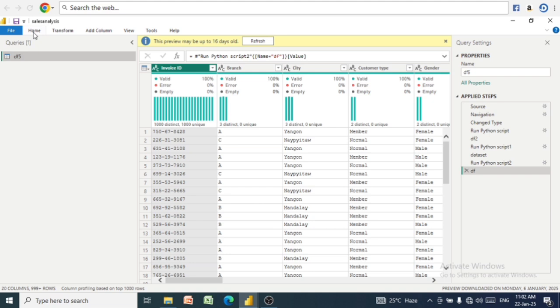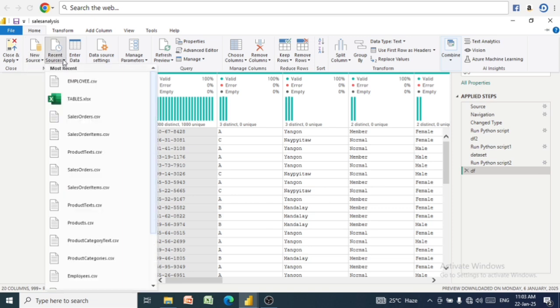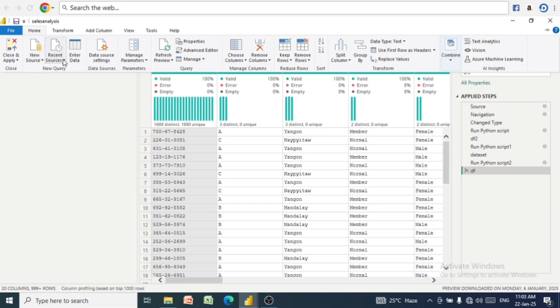That is, you will be having the home tab. In the home tab you will be having different new sources you can load. So see here, Excel, Workbook, SQL, Analysis Services, etc., were there, and whatever recent sources you have used, those will be available in the recent sources. And if you want to enter the data manually, you will be having the enter data tab. If you want to change the data source settings, you can click on data source settings. If you want to manage parameters, you will be having parameters. That is, if you are using any parameters, you can refresh the preview also here by using the refresh preview option,